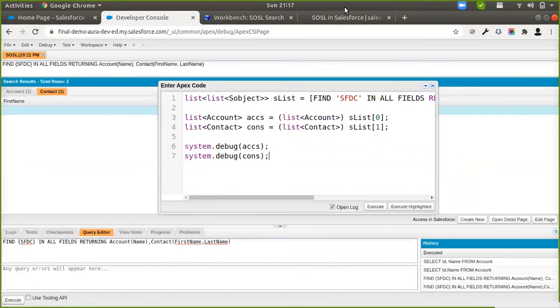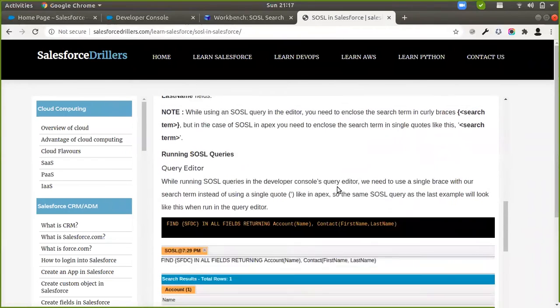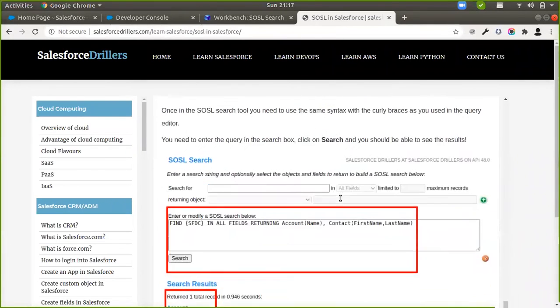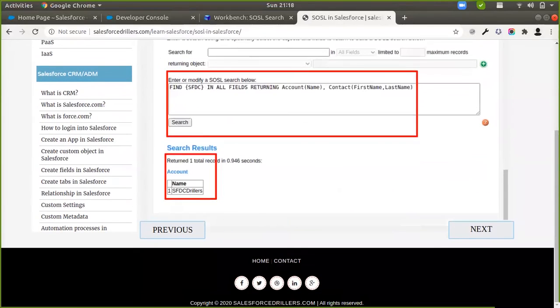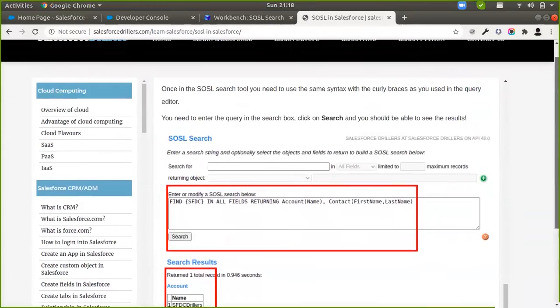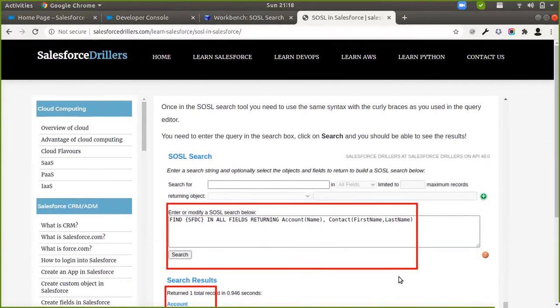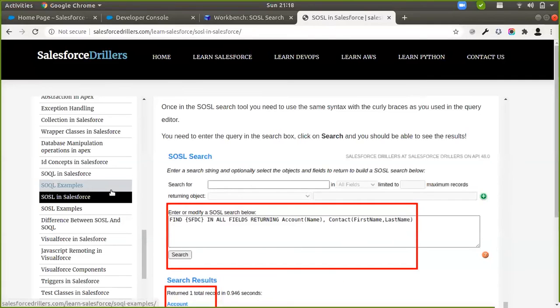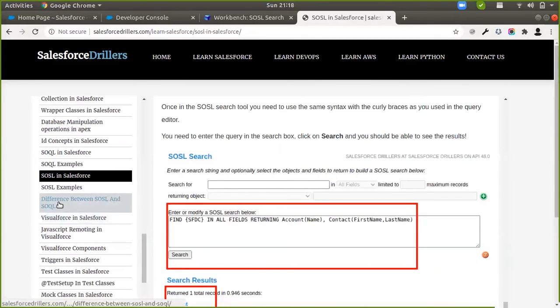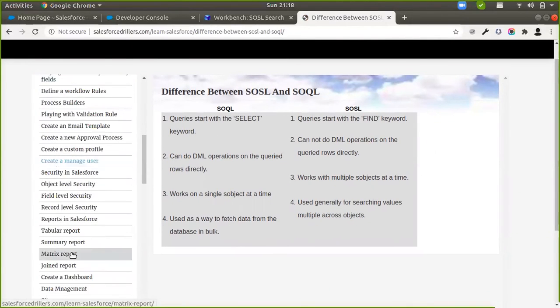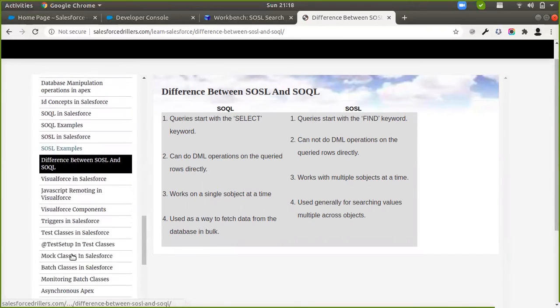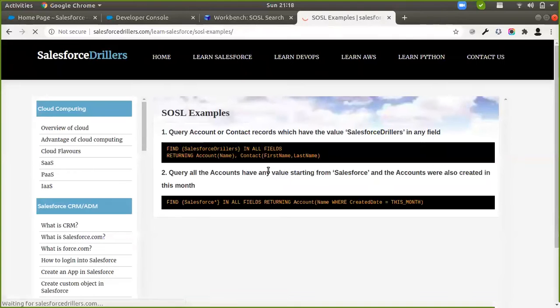Now, certain limitations on using SOSL queries is like, if you again go to our website and look for an example, is that SOSL queries have actually really low limits as compared to SQL queries. And you can find these limits by going into this topic on our website, which is differences between SOSL and SQL. You are able to see all the differences between SOSL and SQL queries. But before we talk about the limits in detail, let me show you guys some more examples of SOSL queries.